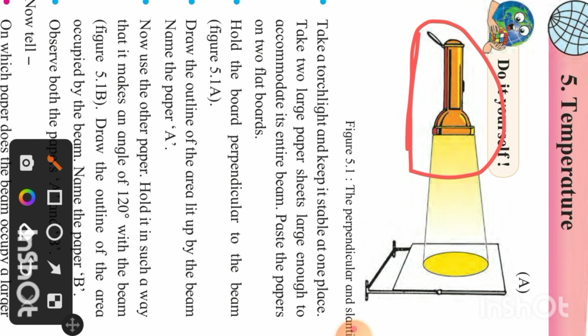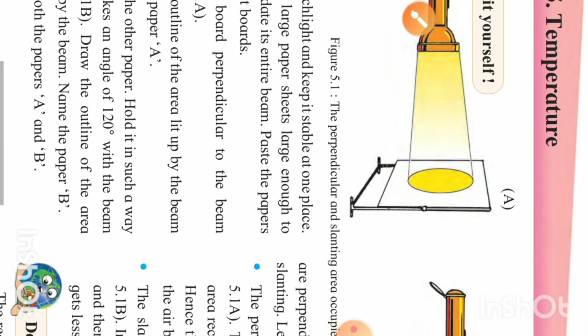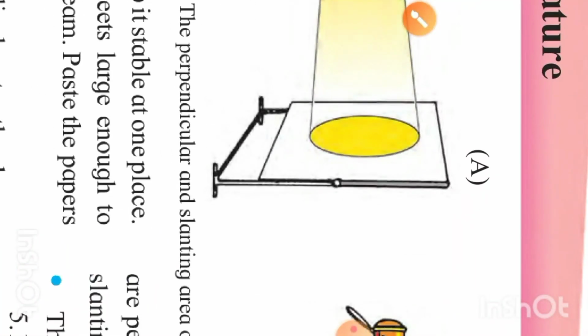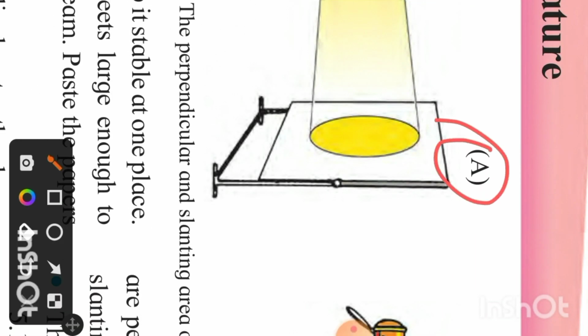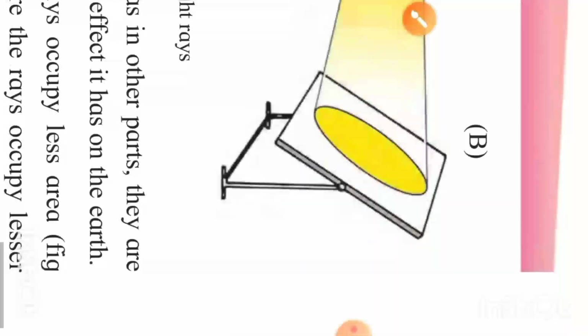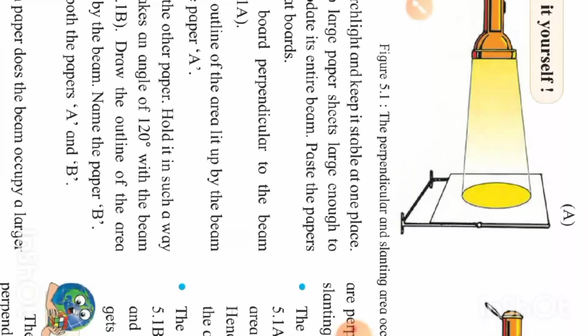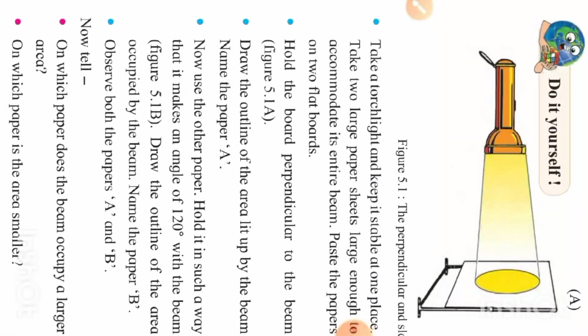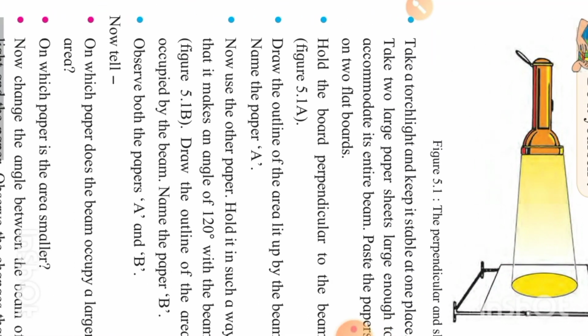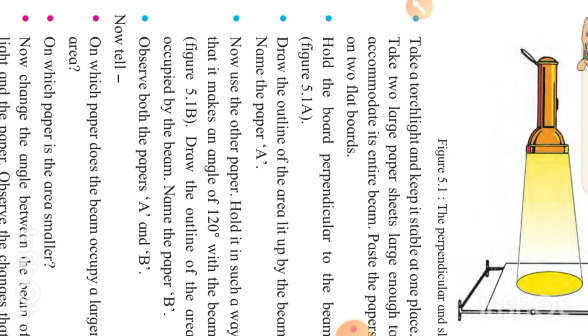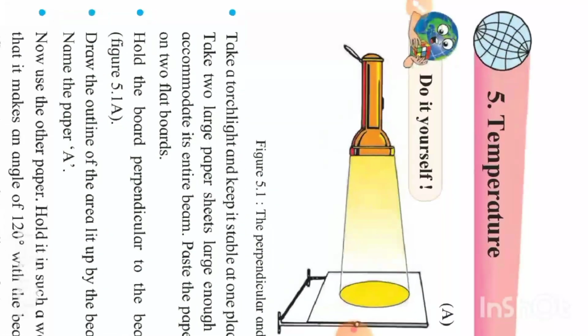Take two large paper sheets large enough to accommodate its entire beam. So they have taken two large paper sheets. One is here, write this one A, and the other one it's written B, okay, here, and paste the paper on two flat boards. Okay, it's been done. So what they are trying to say is,